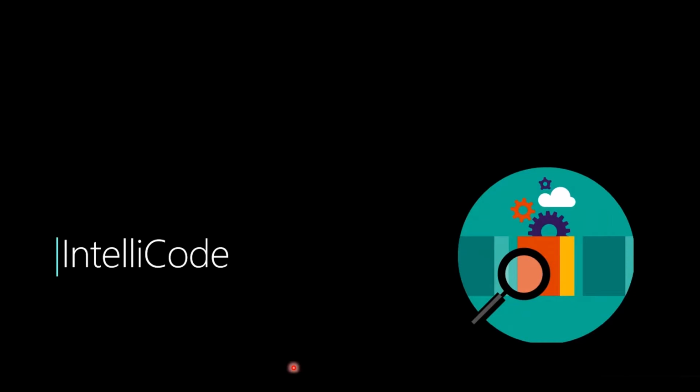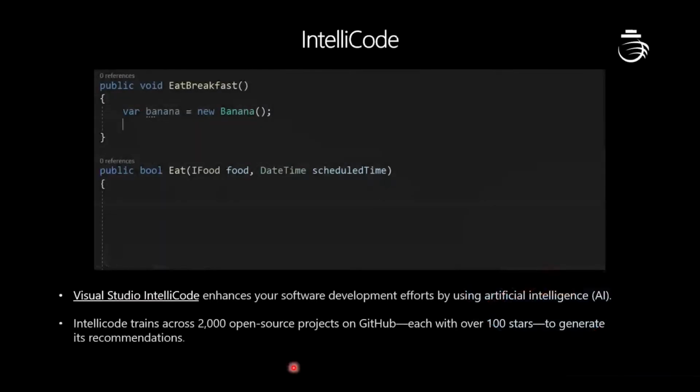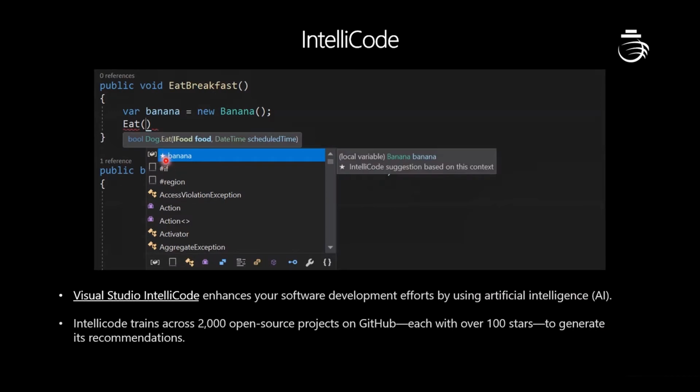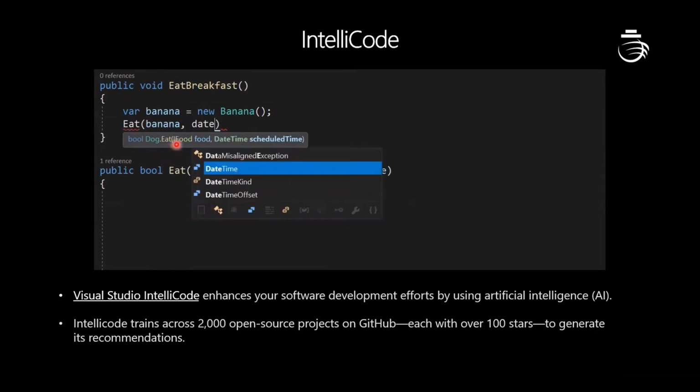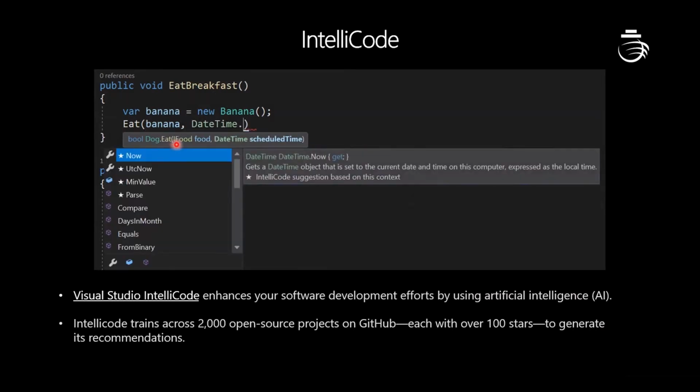Yeah. The next one is IntelliCode. IntelliCode is a set of AI-assisted capabilities that improves developer productivity. This is an AI-assisted feature that is also like IntelliSense. We'll discuss it. As you can see, this is called IntelliSense. It comes with a star icon, so it is also like IntelliSense only.